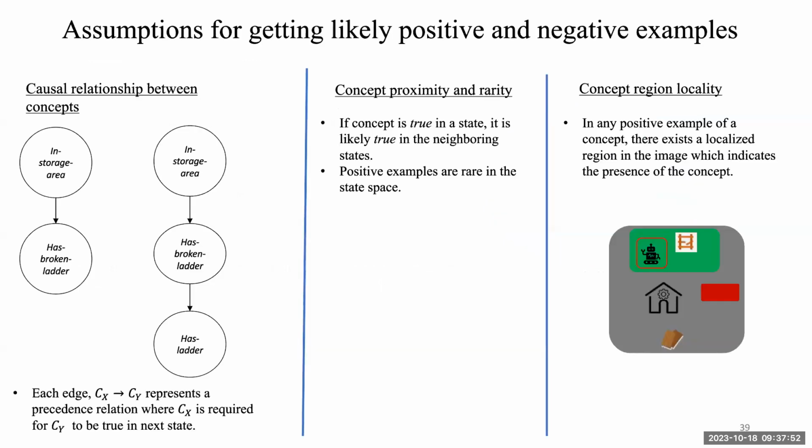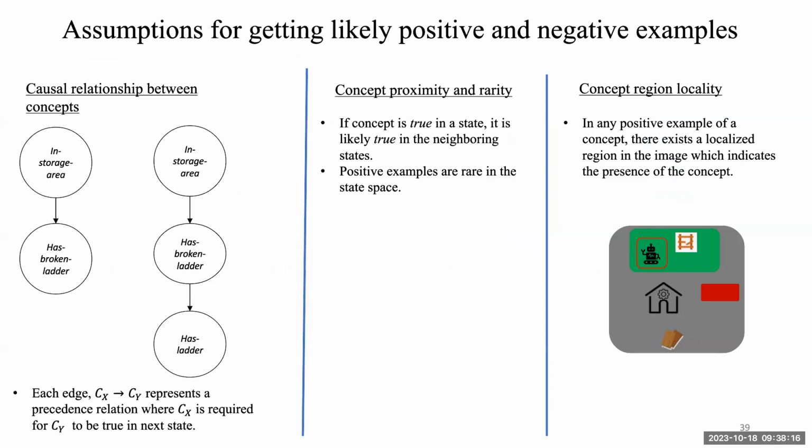So based on that, here are the three assumptions we make to gather likely positive and negative examples of concepts. But we always check the actual label from the user, so we're not always just estimating the labels. Okay, given that, the first assumption is that we have a causal relationship between concepts, where particularly we have a